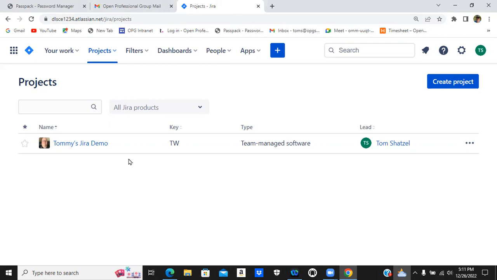I've created a project and I named it Tommy's Jira Demo, and I assigned it a key, and that key will precede any bug, any task, any subtask, which makes it a lot easier to search for items. And I made myself the lead. So if we go into my project,